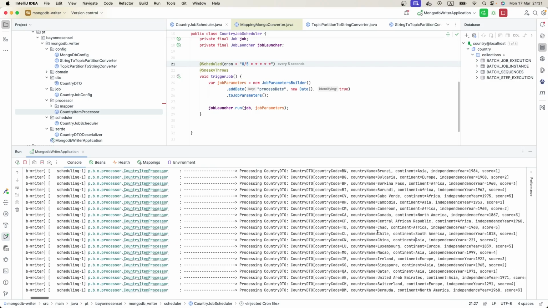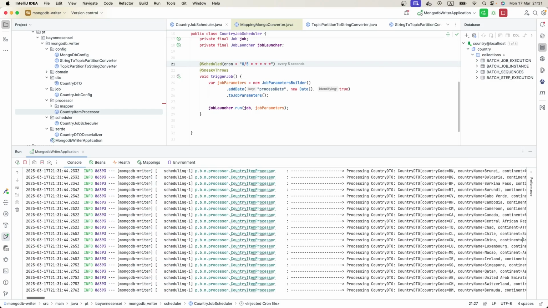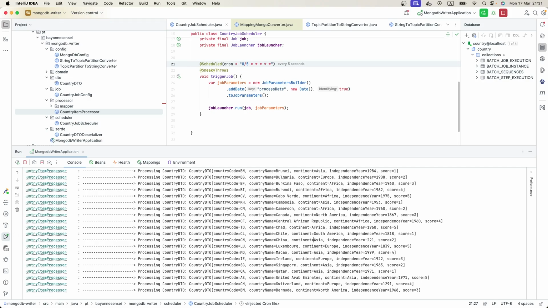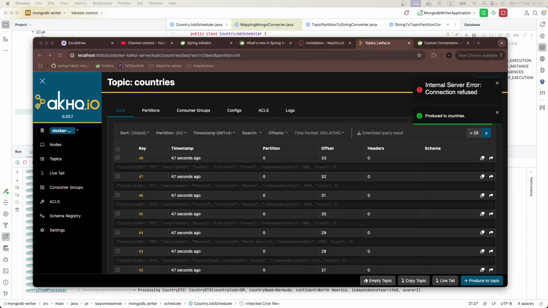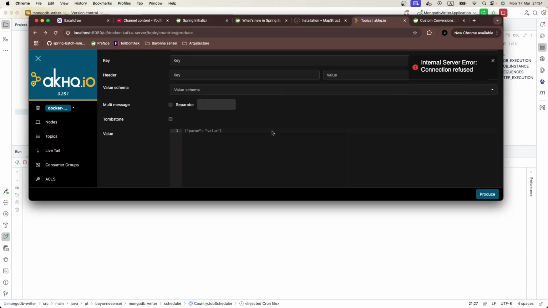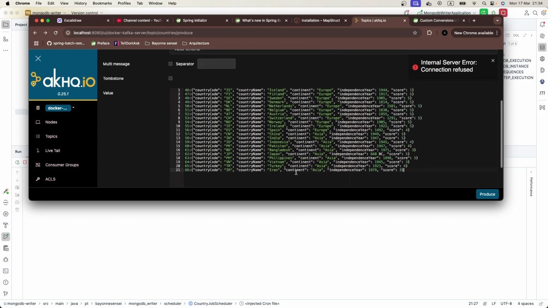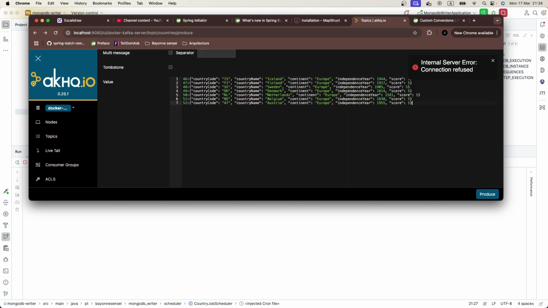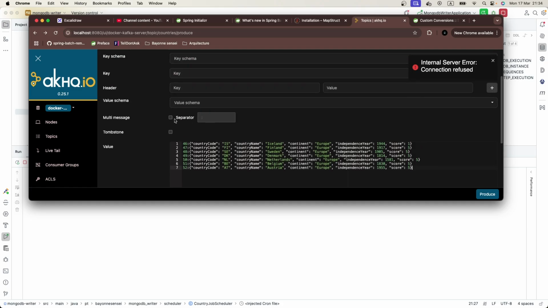Let's take a look. Okay, our Spring Batch is processing, as we can see, right? We can see here. I'm going to produce some other countries. Let me just copy here, clean it like this. So here we are going to send some more messages. Okay, just like that. For example, we don't need too much. You can add more messages, but let's use the